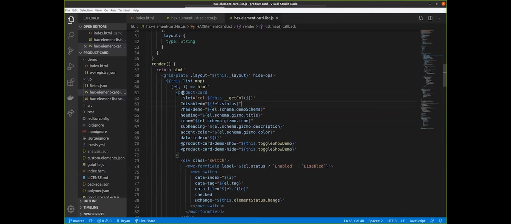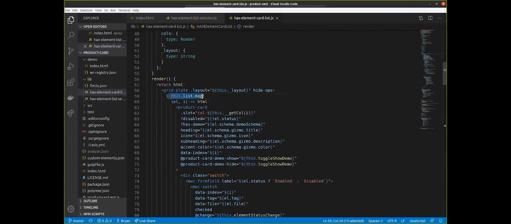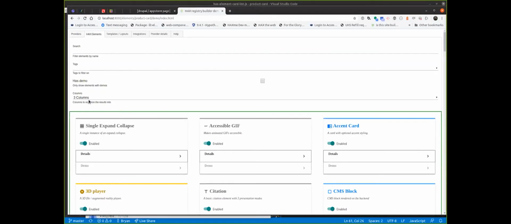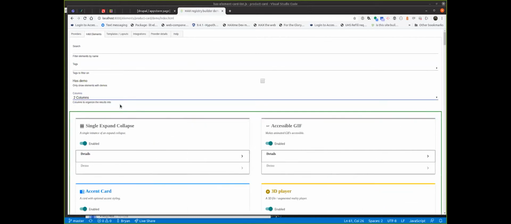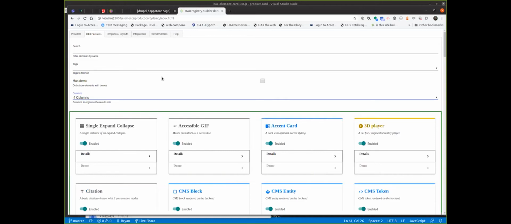So HAX element card list runs a map function. And this is another nice lit HTML convention: in this case, this is an array, so you can do an array map in context, and then it's basically looping through the items and printing everything it finds while updating data binding, setting the slots dynamically, which is a pretty aggressive usage of this, really. When I hit 5 columns, that happens pretty darn fast, which I'm actually pretty surprised by,